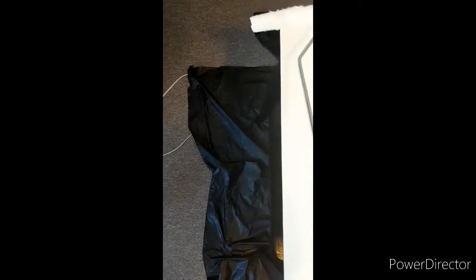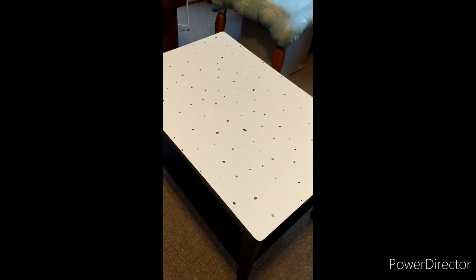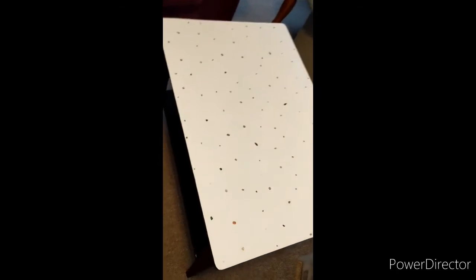I absolutely despised it. So I took my miniature roller and I came back with an outdoor paint, which is what you should use to begin with. Don't use acrylic paint. You can, but if you have indoor outdoor paint, like a can of paint, use that. And now I'm smoothing it out and redoing my dots. Now that the table round 2 is all done and I love it,